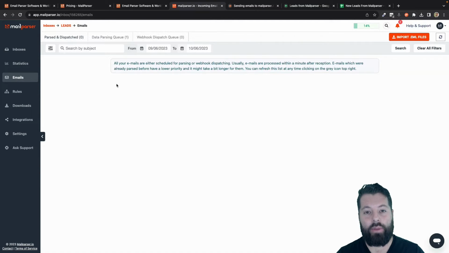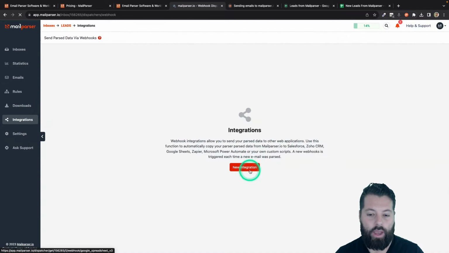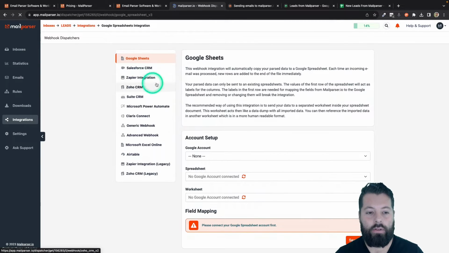Our next step is to connect Mailparser to Google Sheets. So to do that, I'm going to hit integrations, and then we're going to click new integrations. And Mailparser gives you a lot of good options here as far as integrating, including